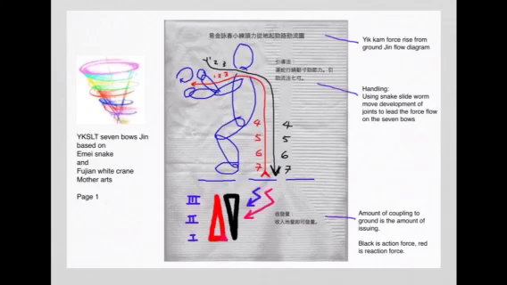I start by injecting an action force to the ground, coupling to the ground, and then I use the reaction force to issue outward. Action force going down to the ground, reaction force to issue outward. So the path I take here